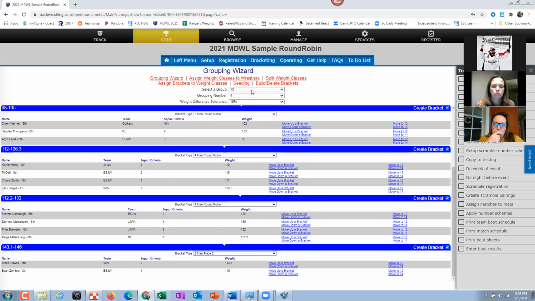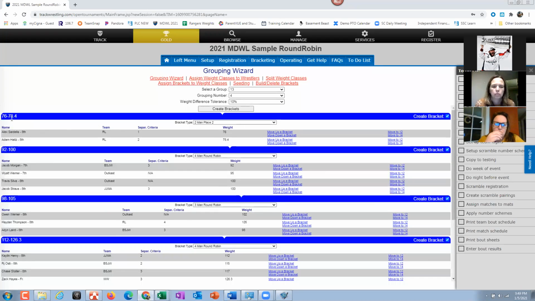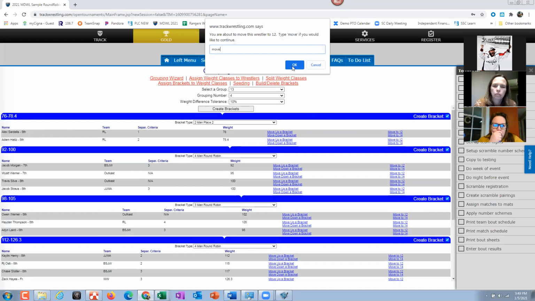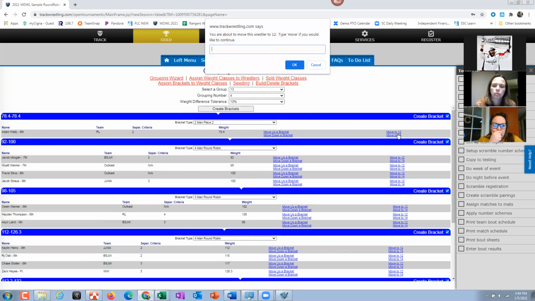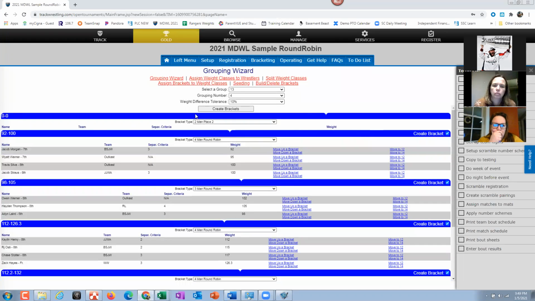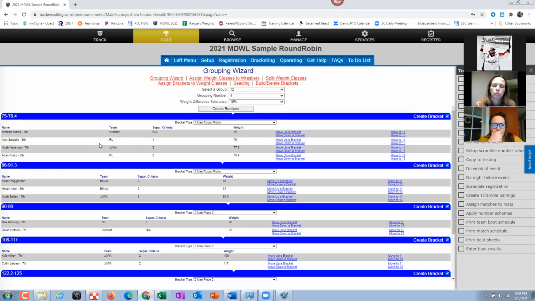So let's look on the other side. So right here, I have these people. What I would probably do here is move these guys down. To do that, I would go to move to 12, because they're really light. Move to 12 and then okay. So then I can go to my 12-year-olds and you'll see that they all got paired. So it's a 1, 2, and 2, so it's not too bad. Hopefully this guy's not a ringer. They're all within the same weight, and then you could just basically save that bracket and go forward.